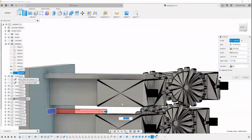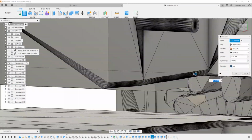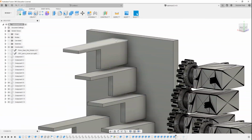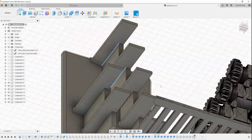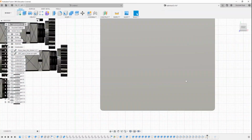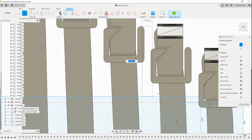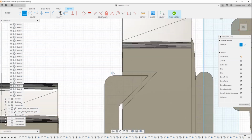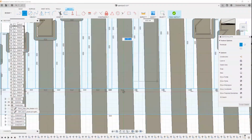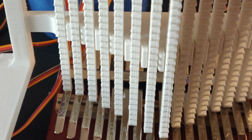Once these are all designed, I finished this up, and this was the left side model, and then I also designed a right side model as well, but I'll save you the trouble of watching that. And you can see here at the very end I put a little bit of cutouts. That's just for registration so the pieces properly fit together. Once I had that design done, I needed to design the frame to hold the straight gear part. So I designed a little tooth thing to cut into the straight gear part,